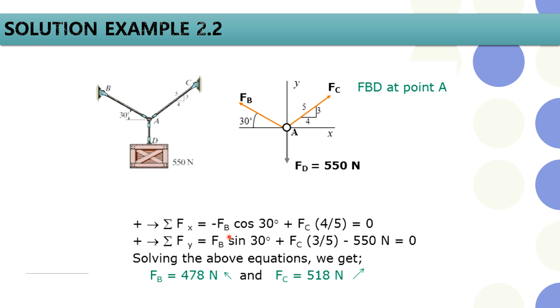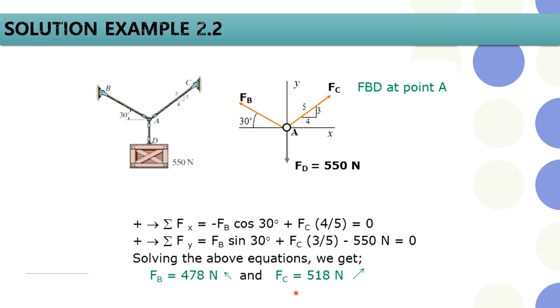So don't neglect the positive and negative signs. FB here, because it points in the opposite direction of the x-axis, has a negative sign. So solving the above equations 1 and 2, you will get force at point B equals 478